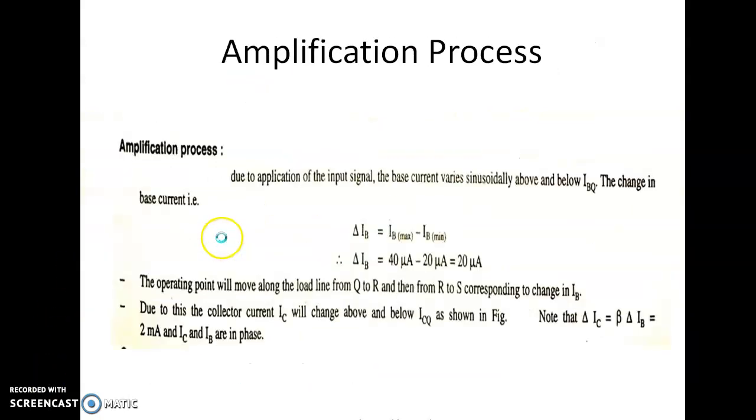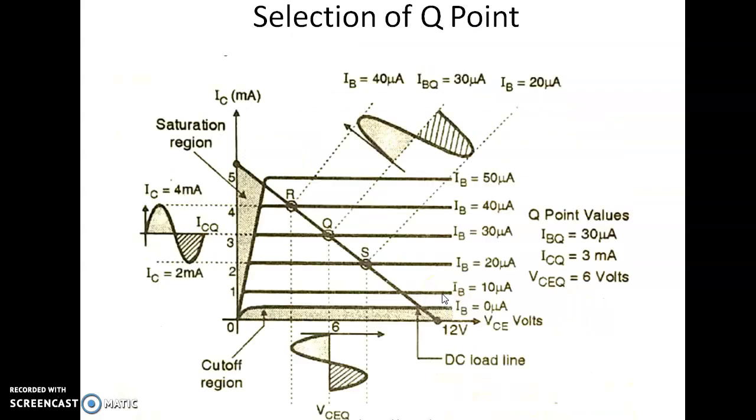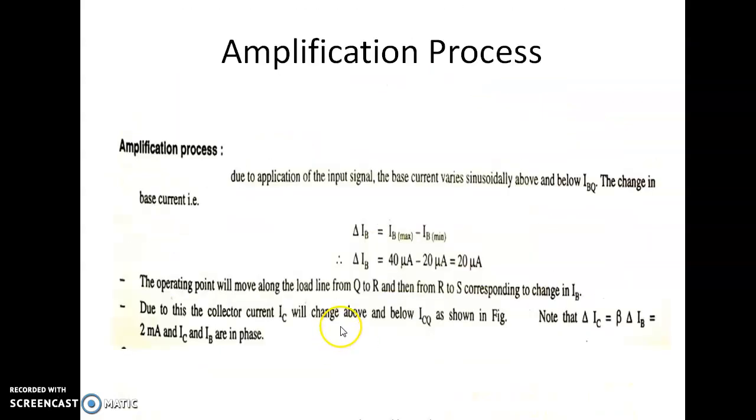So this is the bypass capacitor. It is acting as a short circuit for the high frequency component, and as an open circuit for the low frequency component, and we get the output voltage increasing or decaying as per